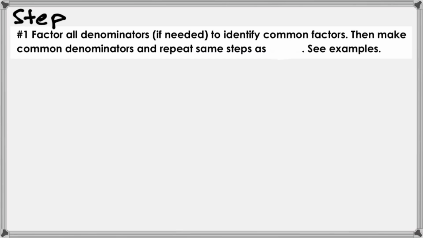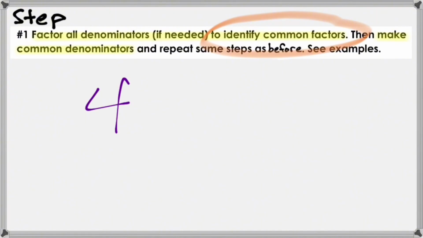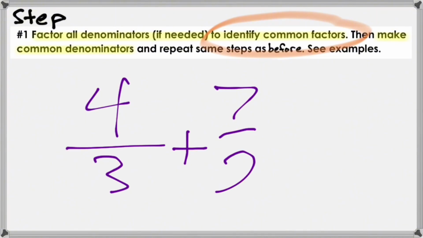Here we go. Let's say you are in this situation. Well, you will factor all of your denominators first. Please write this down. This is where things require a lot of organization. You're going to factor your denominators first, so that you know what the common factors are as you make a common denominator. Just to tie this into Algebra 1 stuff, if you have 4/3 and you're adding 7 over 2,